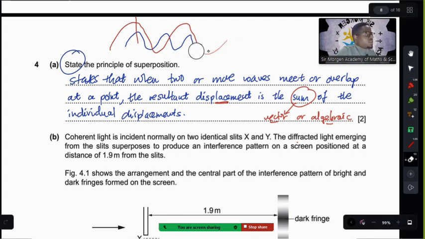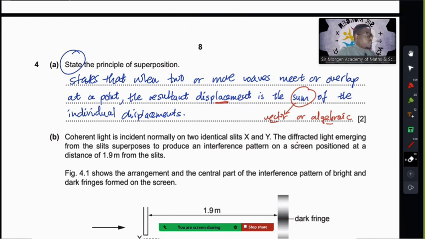It's not really important to highlight this at this point, because here we're just answering this question. You're just stating what the principle of superposition says. It's not necessary for you to highlight that it's a vector sum or algebraic sum, because the fact that you're talking of displacement already means it's a vector quantity. So what's the point of highlighting the vector or the algebraic sum? Just highlight that we have two or more waves that are meeting at a point, and when they meet at that particular point, the resultant displacement is just the sum of the individual displacements of those waves. This is probably how you can answer this type of question.